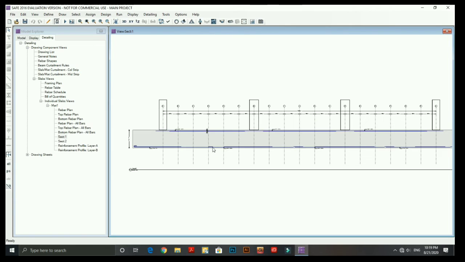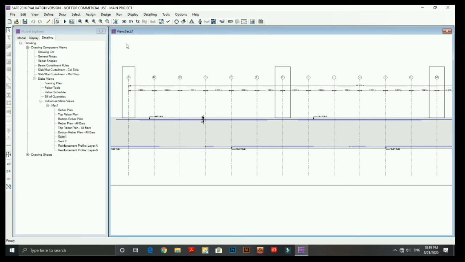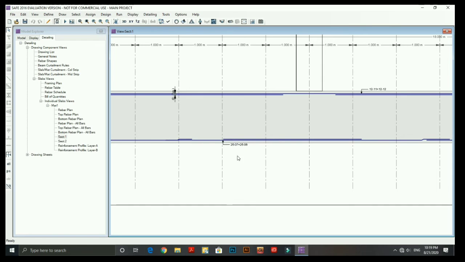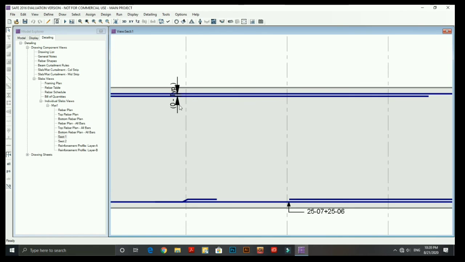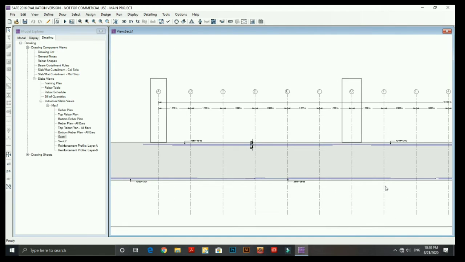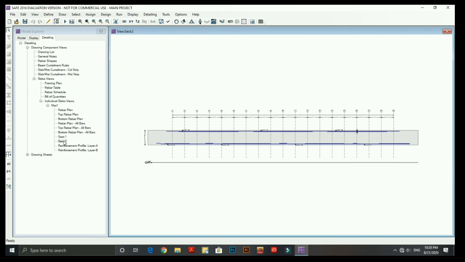And this is the side view, and here in the upward section you can see the column, but because this is for the footing design, so the column rebar are not shown in here.